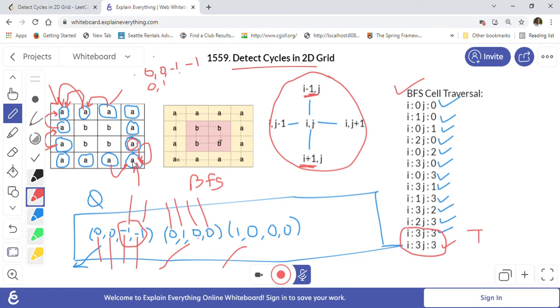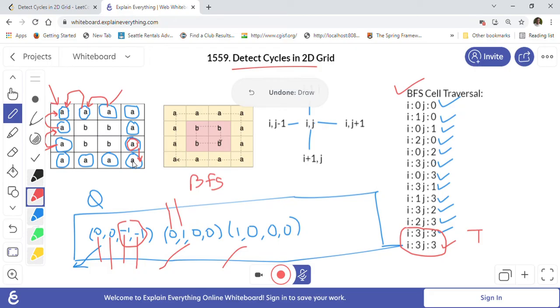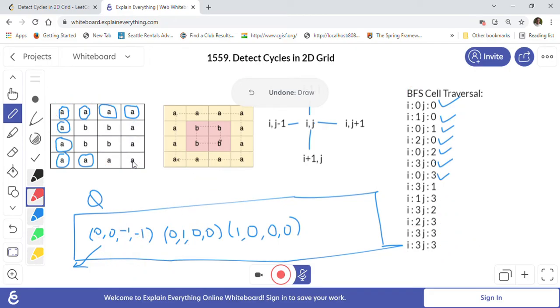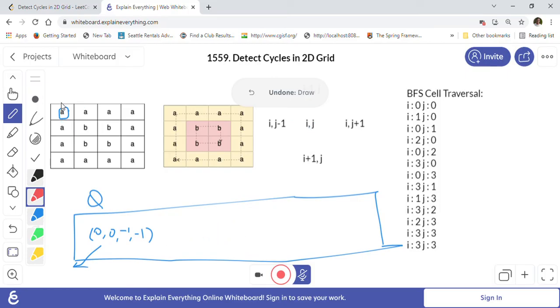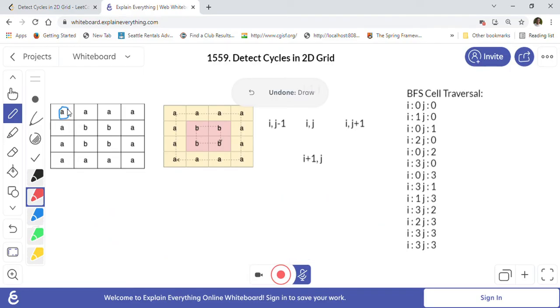Let me just take it out so I can show you what it means easily. I'll remove this color so I can reuse the space and explain it quickly. So basically what it means is, we are in this cell, so now we are visiting this next cell here, right?